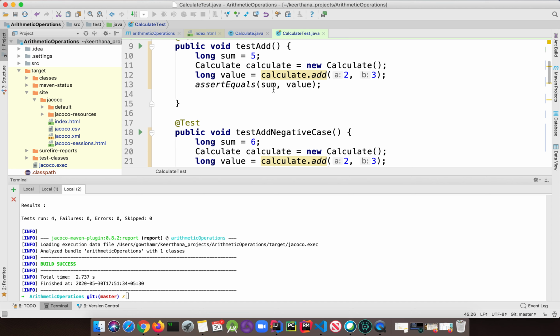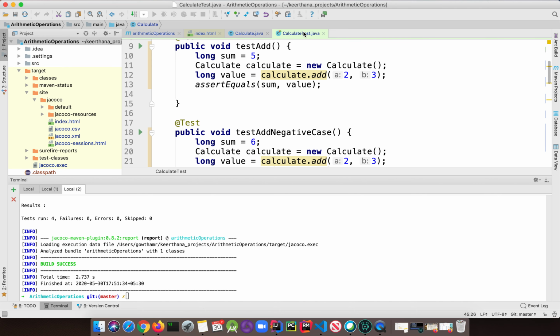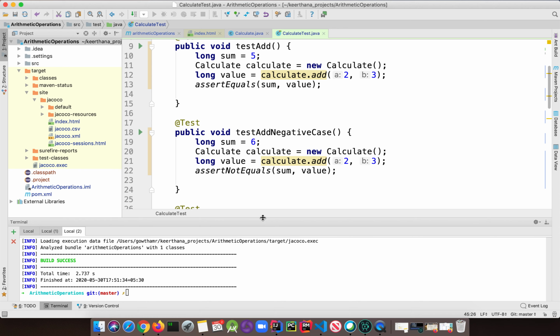So what is basically code coverage? Code coverage is nothing but a metric to determine how many lines of code have satisfied your unit test cases. You may not know how many unit tests you need to write for an application. So in order to identify that, you should have a code coverage report to find how many test cases are required in an application. So let's see how to configure Jacoco in the application.